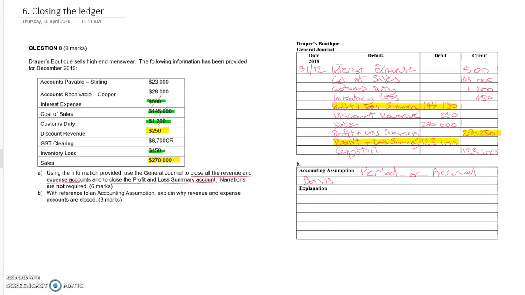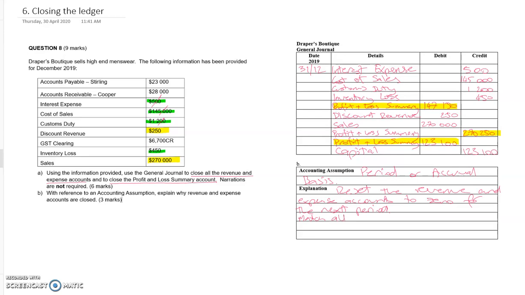First reason is to reset the revenue and expense accounts to zero for the next period,